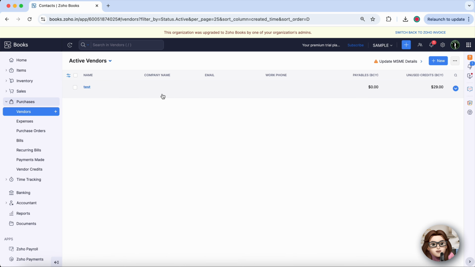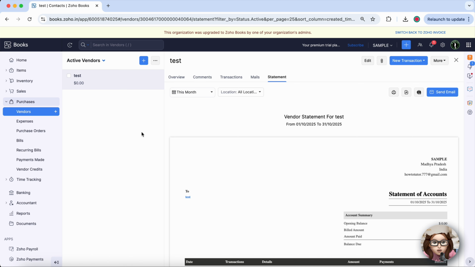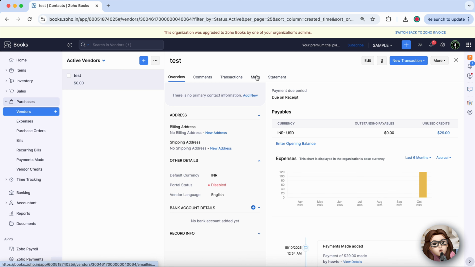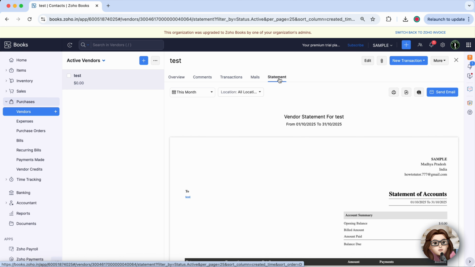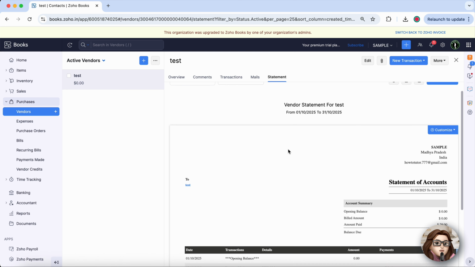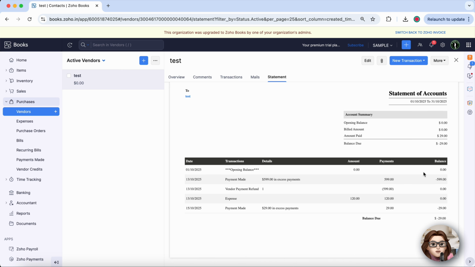Find and click the vendor whose ledger you want to check. Once in their profile, navigate to the Statement tab at the top. This is the vendor ledger showing a chronological record of all transactions, bills received, payments made, and any other financial